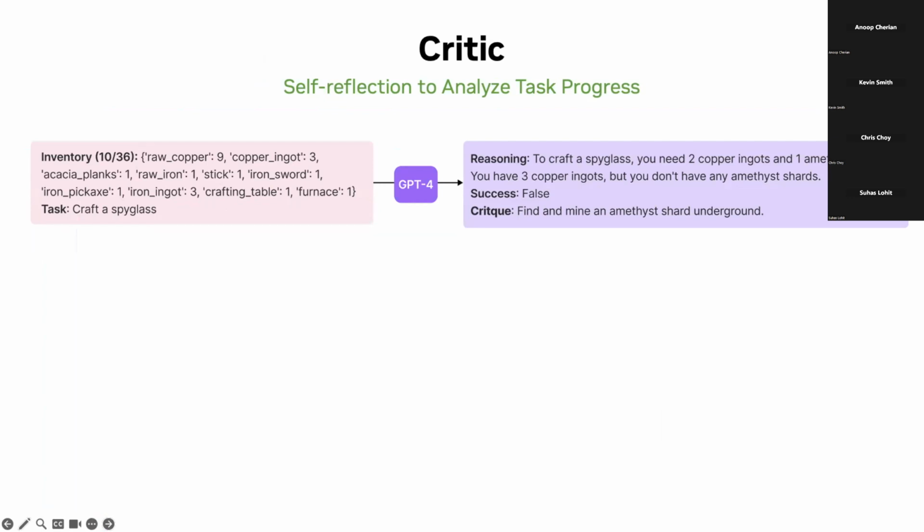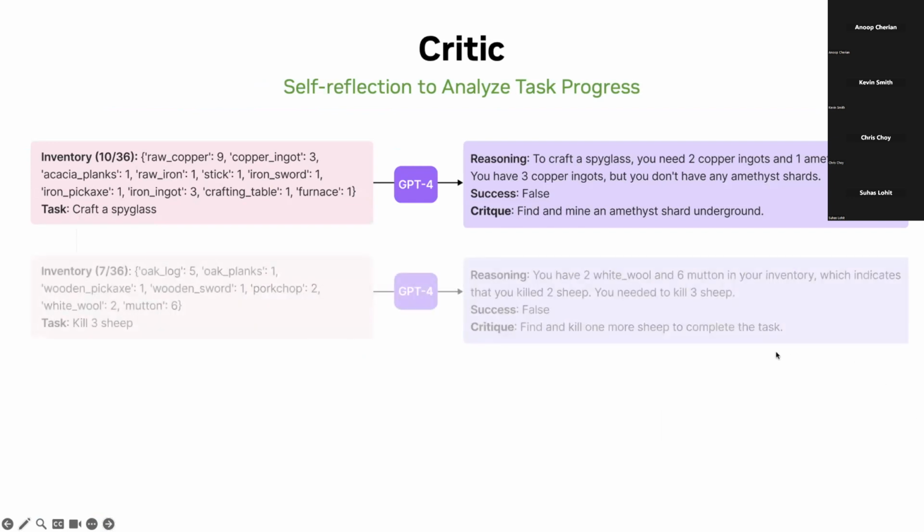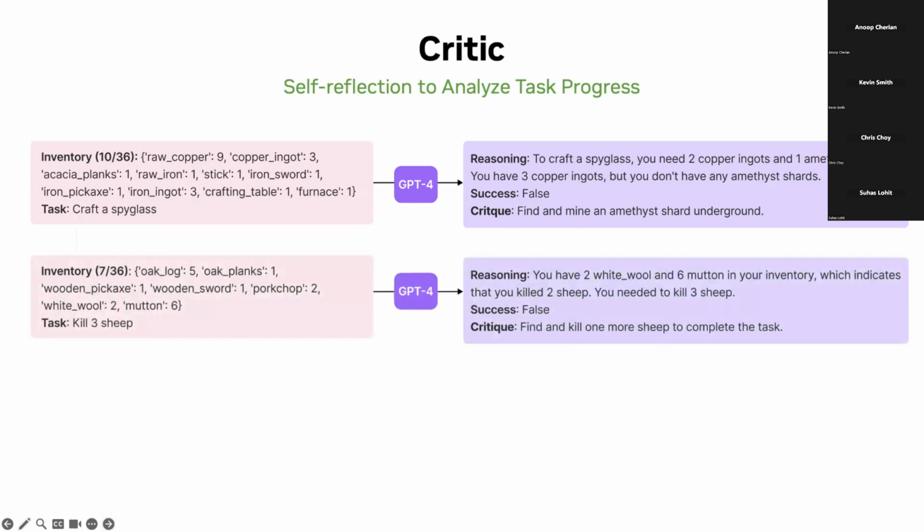GPT-4 looks at the agent's inventory and decides whether it has enough copper, but it's not enough. The second task is to kill three sheep and collect food. Each sheep drops one unit of white wool, and the inventory says that they have